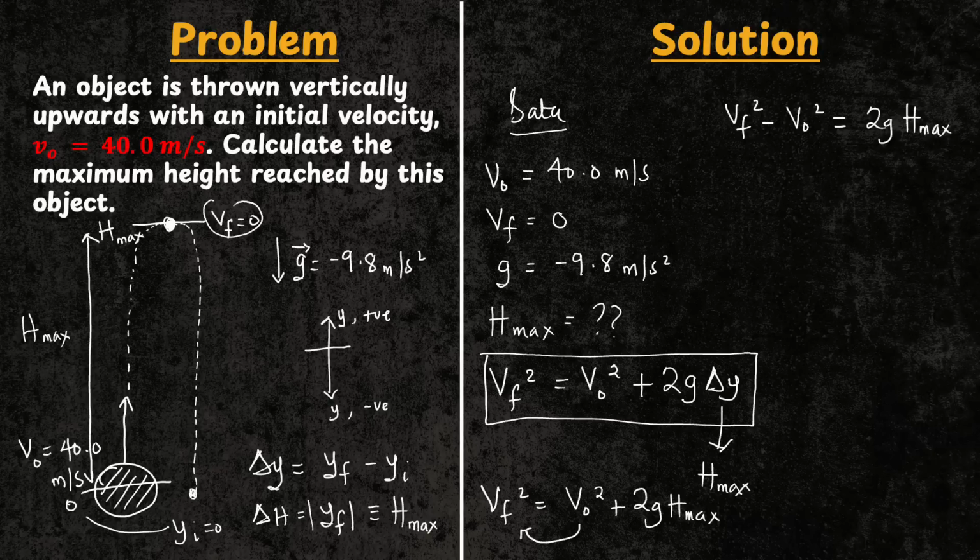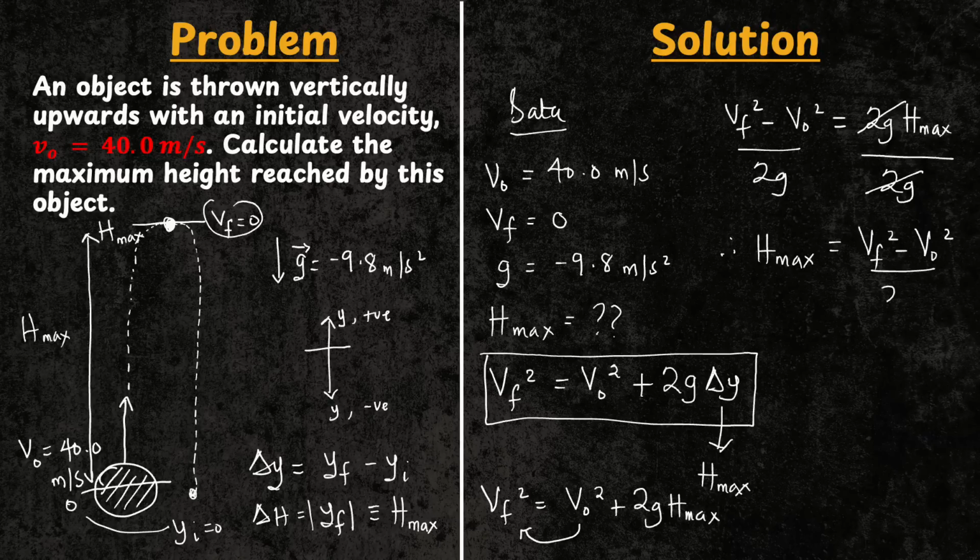So now we want to isolate maximum height, which is H max. So what we need to do is to divide both sides by 2g. And in that way, we can eliminate 2g here and there. Now we have our H max equals V final squared minus V initial squared over 2g. All right. Now we can comfortably substitute our values so that we can compute for H max. So H max is going to be